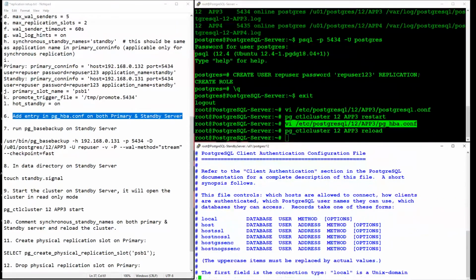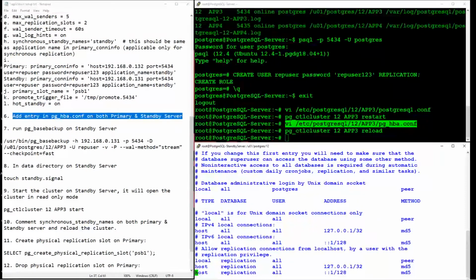Let me go to the end of this file and copy paste. This should point to my primary cluster server.